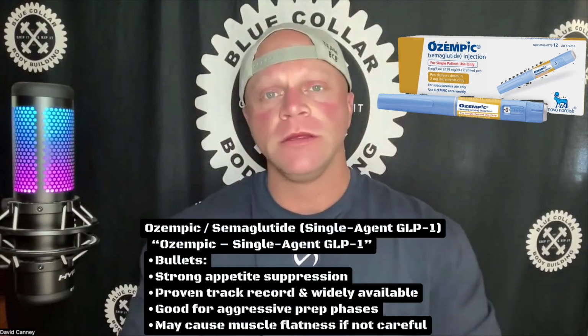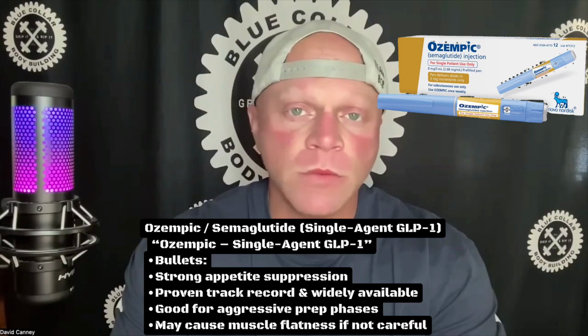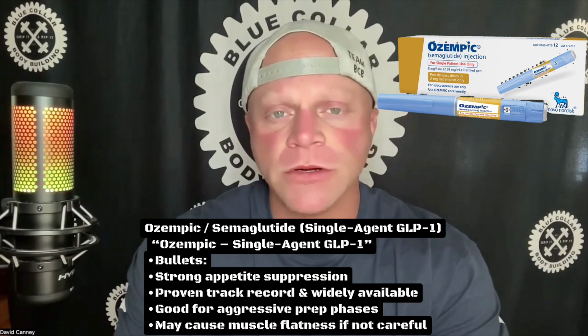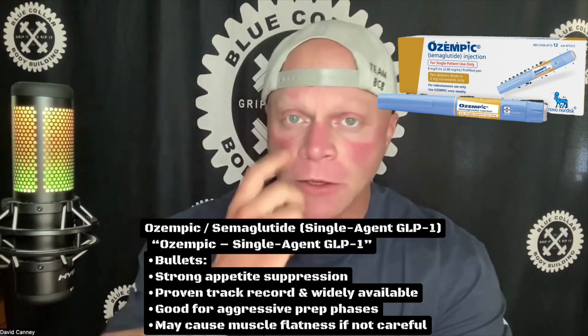So let's go into exactly the three different facets of GLPs and give a quick rundown of what they are and what makes them all different. Let me pull up some of my notes here so we make sure we hit everything. Starting with the basic GLP-1, we're talking Ozempic, also known as Semaglutide. That is a single facet GLP-1 peptide. What that GLP-1 affects is basically your hunger response, and it also helps with insulin and blood sugar regulation and gut emptying. Most bodybuilders are going to use it just for that basic aspect of appetite suppression